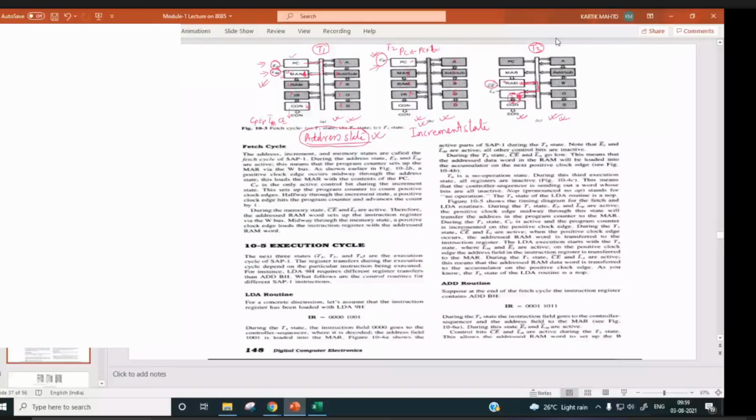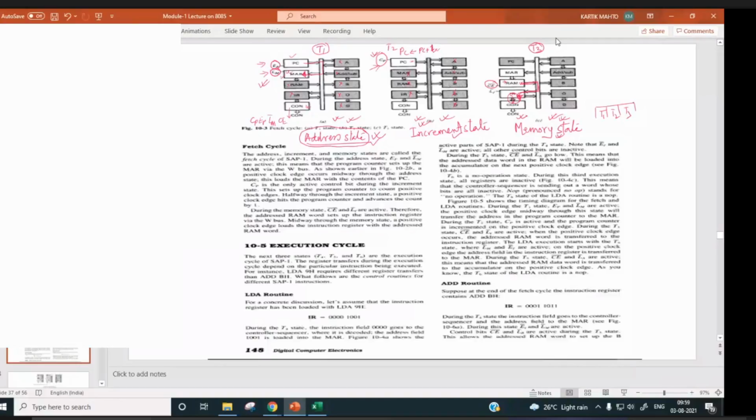During T3, which part of the circuitry is working? It is memory part is working. So it is called memory state. So address state, increment state, and memory state. These three states are common for fetching the instruction. T1, T2, T3.